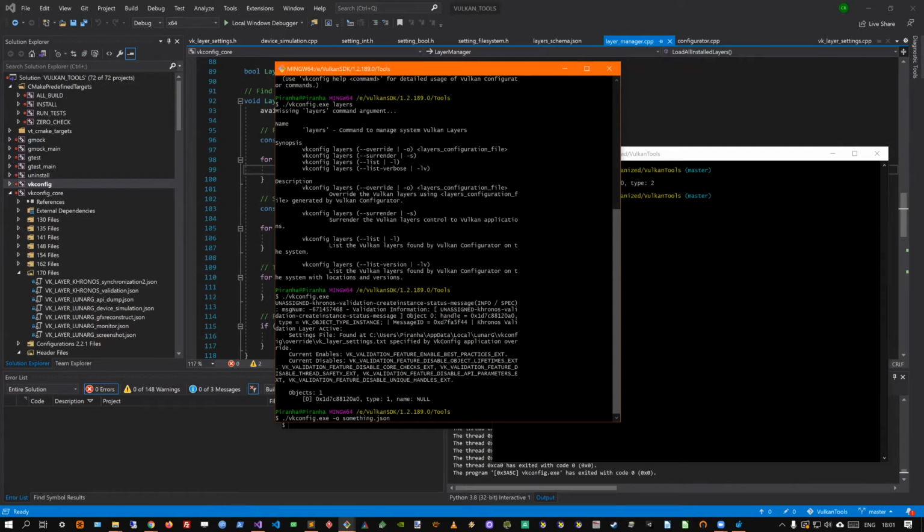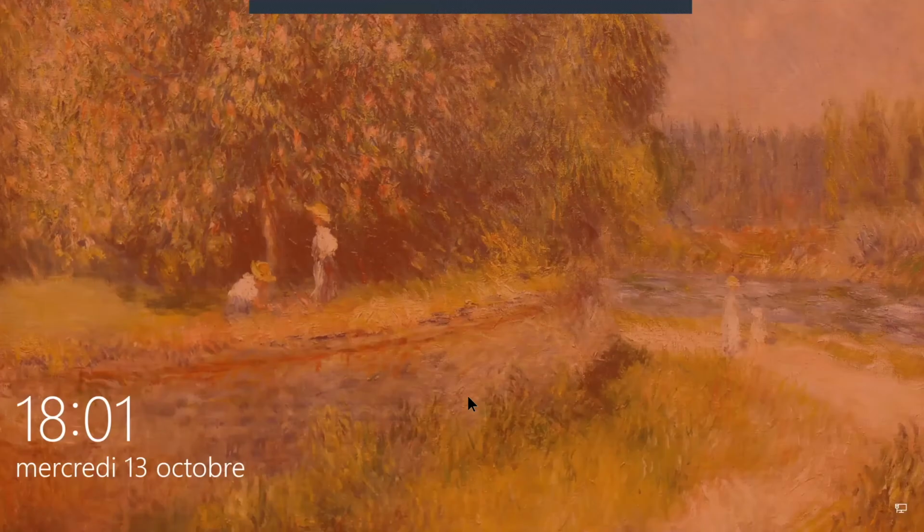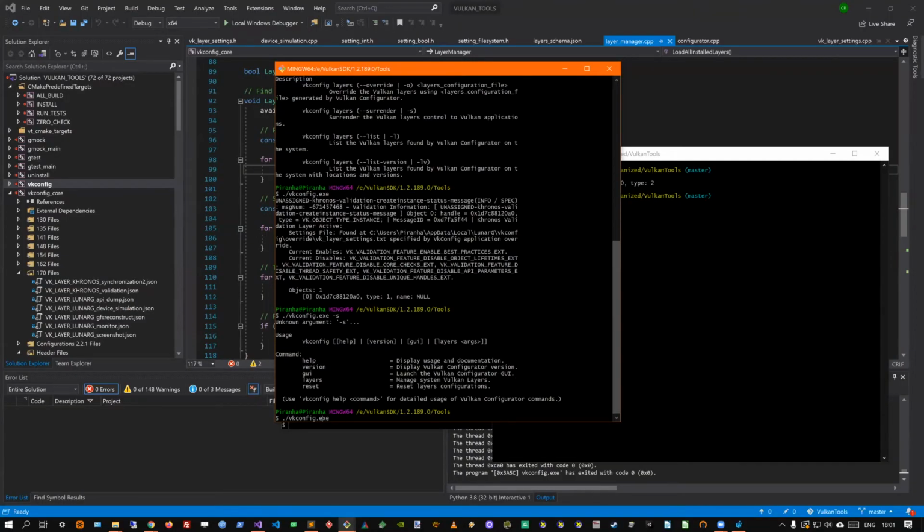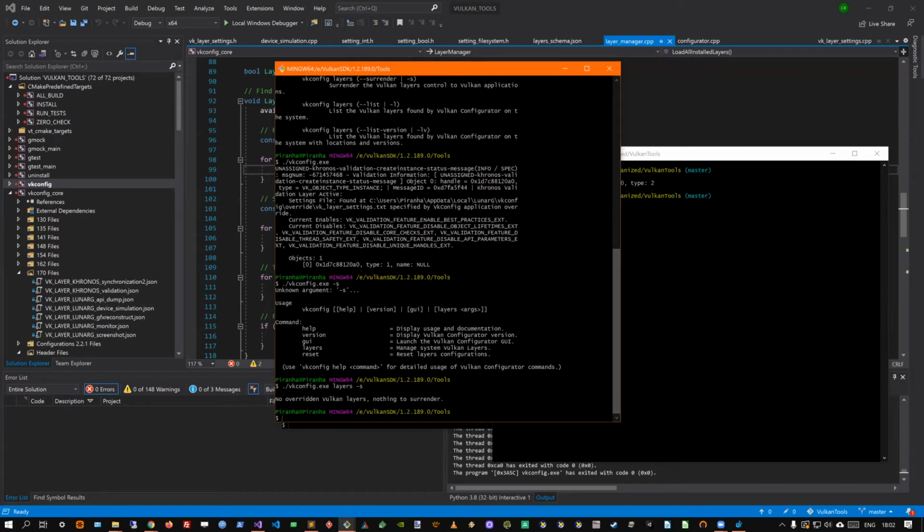And another command that is very useful is the one that is called surrender. Here there is no layer setup, so it says that there is nothing to do.